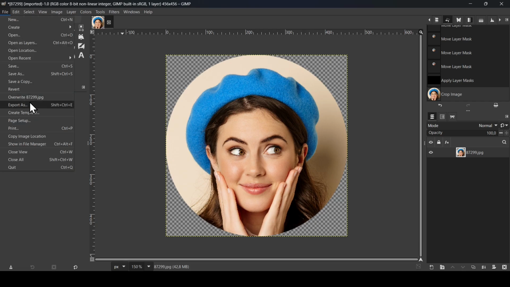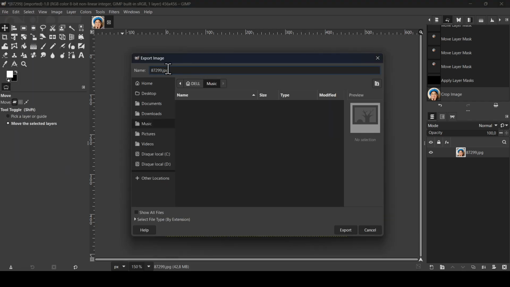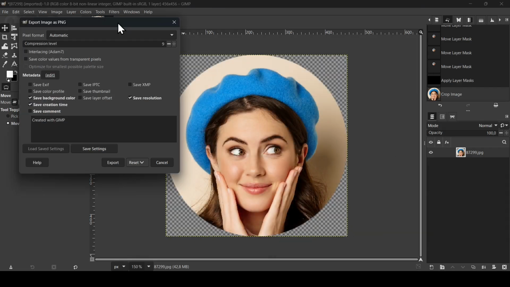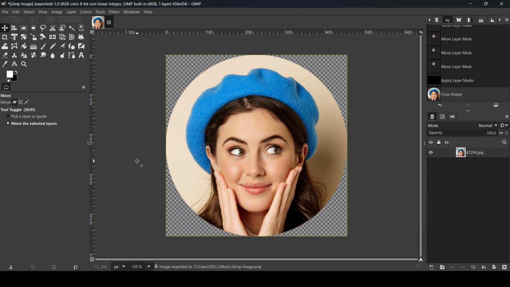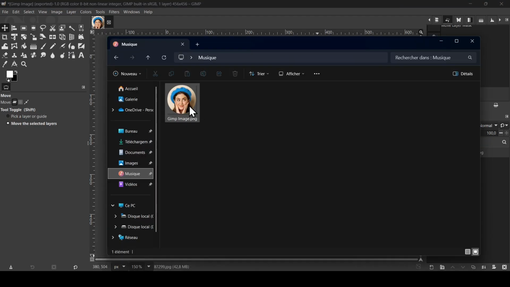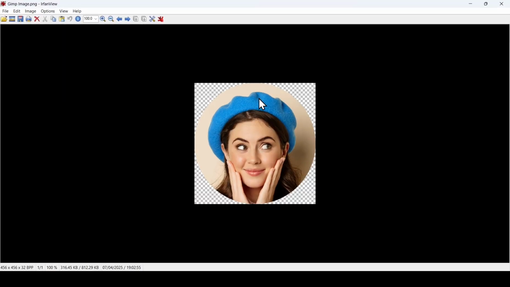Just go to File, Export As, and then here just for example I'm going to type Gimp image.png, and then here type export. And now for the settings, I'm going to leave all the settings just as they are and then just click on export. And now here's the image. If I double click, so here it is,